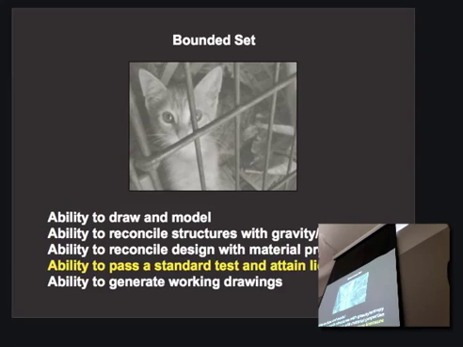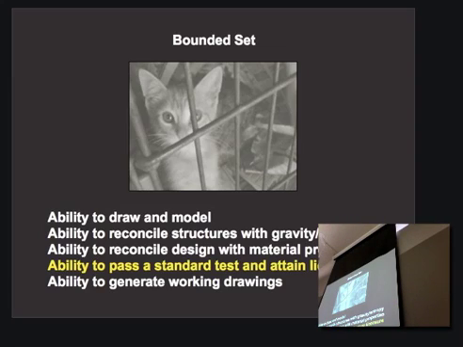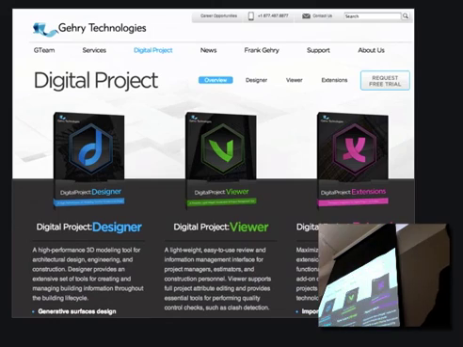I took a look at what the boundaries of this set are for architects. Only the thing in yellow can't be done by this. But these other things, you used to be able to draw and make models. You used to have to be able to reconcile structures with gravity and entropy and those types of forces. You used to have to reconcile your design with the properties of the materials that you wanted to use. You used to have to be able to generate working drawings. Those were boundaries to architecture. Not so much anymore, at least as I observe it from the outside, and